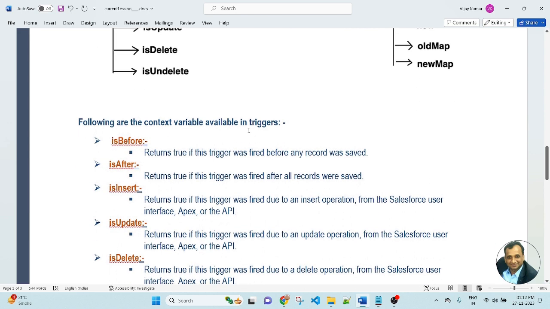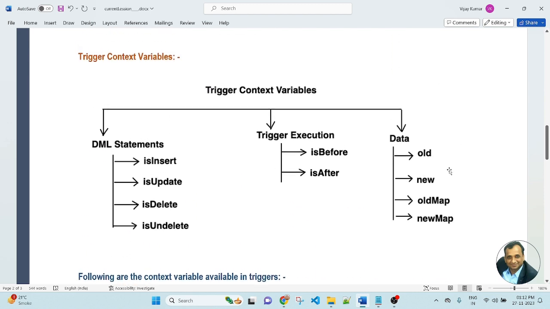So let's see the details of the context variables in Apex triggers.